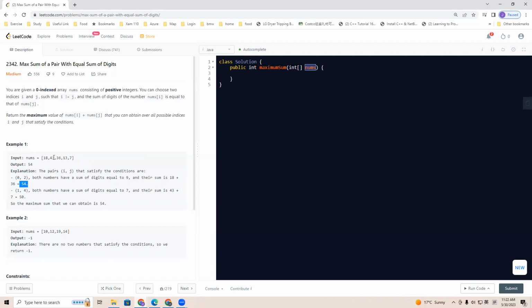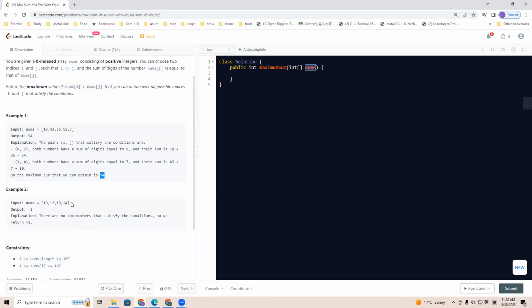And for those whose digit sum equals 7, the two add up to 50. So what we return is 18 plus 36, which is 54. And for example 2, none of the numbers have digits adding to the same sum, so we return -1. So intuitively, what we think about is that we take every number and calculate its digit sum,